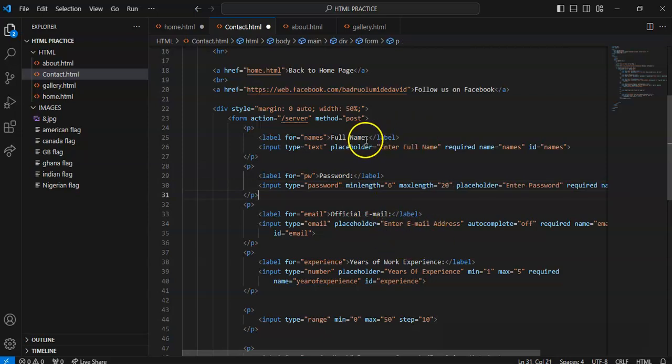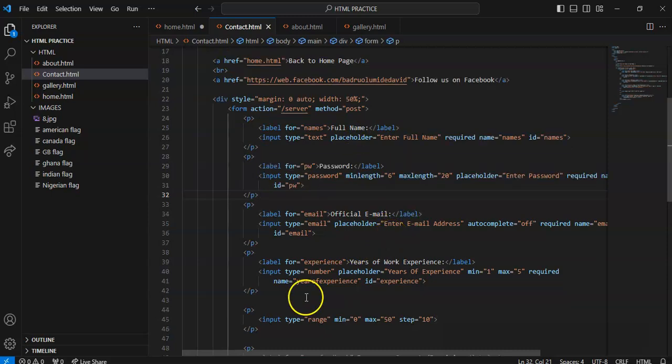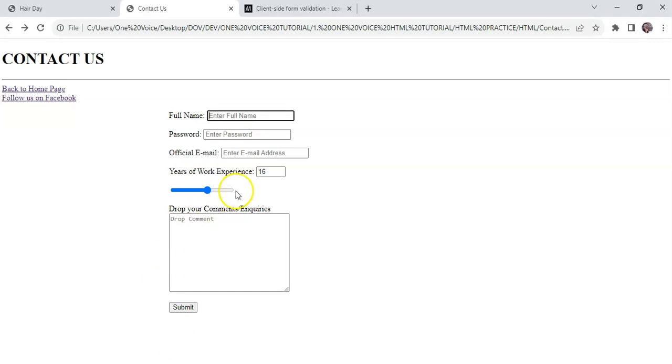Where else can we have it? All right, the name, email, those ones are just fine. So we'll save, and I think it's best using username and password. I refresh now. Look at the password. Because we have the required attribute, it's compulsory I fill out something. If I try to type something that is not up to 6,